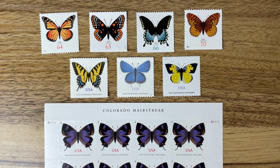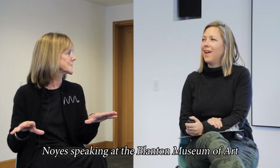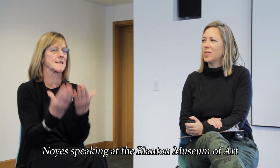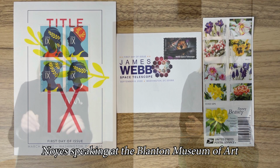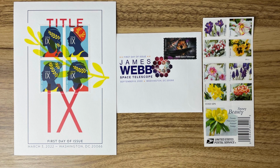Looking at the series as a whole, all of the butterfly stamps have been directed and designed by Derry Noyes, with art from Tom Engemann. Noyes has been one of the regular art directors for the Postal Service for decades now, so she's had her hand in hundreds of stamps over the years. Just last year, she was in charge of the Title IX stamps, the James Webb Telescope stamp, and the Snowy